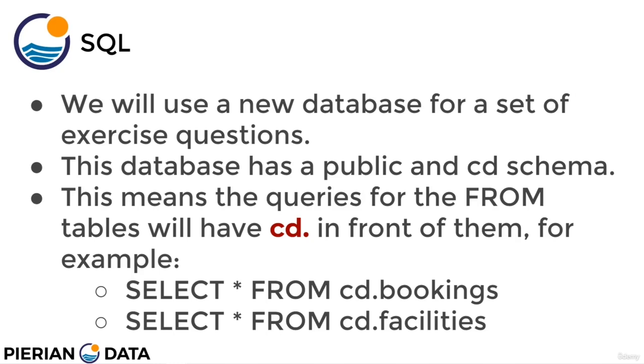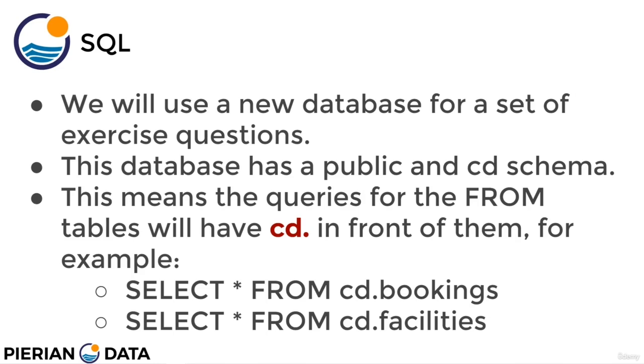database. So what we're going to do is restore a brand new database, and the important thing to know that we haven't encountered before is this database actually has two schemas, a public schema and then something called a CD schema, which is just the name of the schema. And because our tables exist within the CD schema instead of the public one, we just have to specify it in our queries. So this means the queries for the from tables part will have a CD dot in front